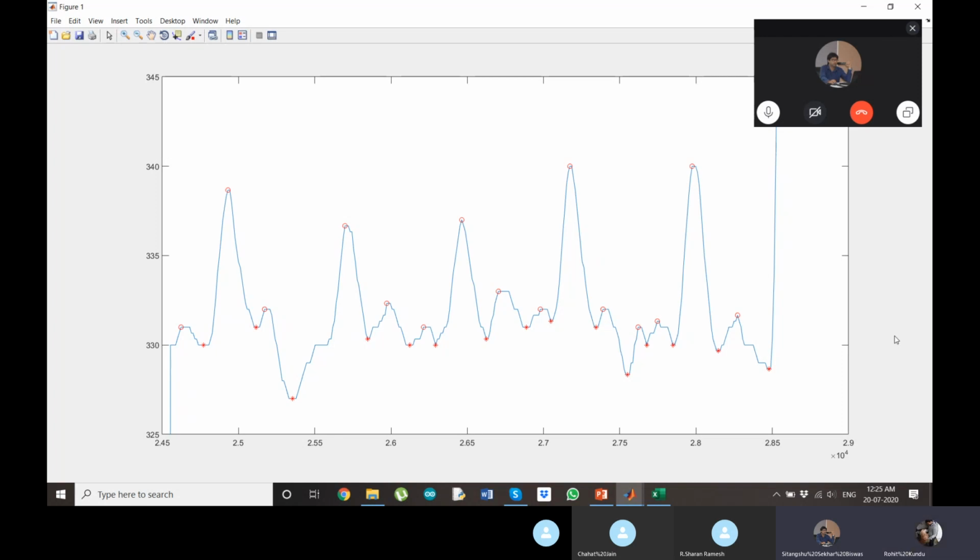So for any window size, I know how much delay will occur. I will start the time sample from that sample. So this can be very easily ruled out.